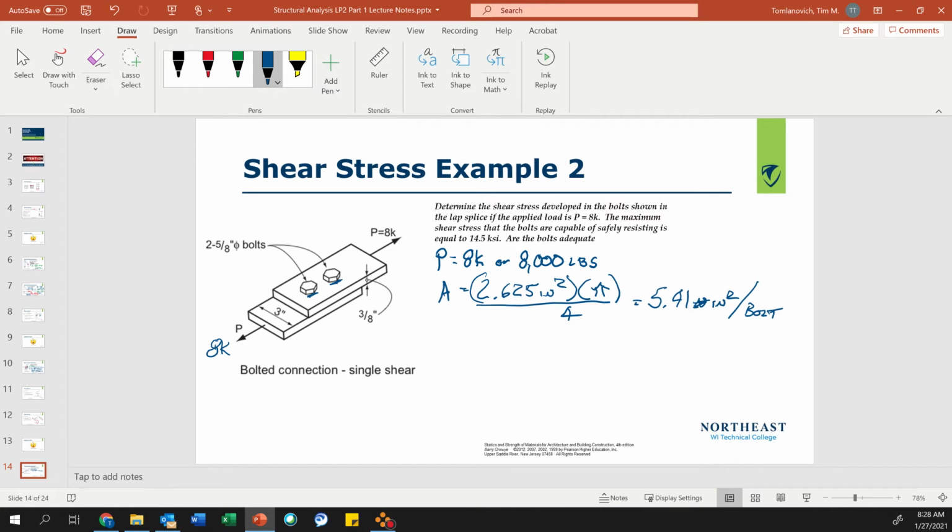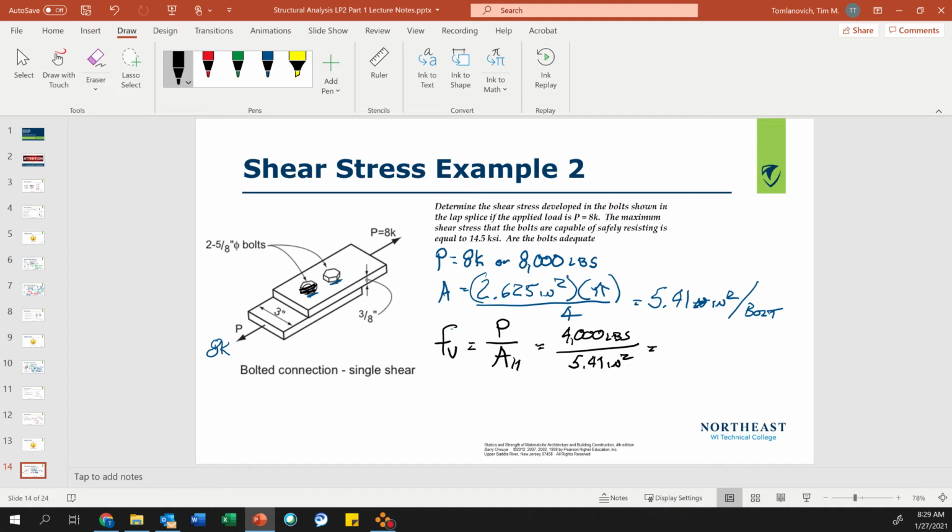So let's calculate the shear in each bolt. I'm just going to assume one bolt, half the load. So F prime V equals P divided by area, which is parallel to that load, which is the cross-sectional area of our bolt. And that equals, so half the load, 4,000 pounds, divided by 5.41 square inches, and I get 739